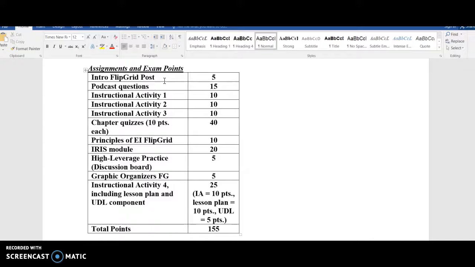Hopefully you will find something in every one of these assignments that you can use with your future classrooms. Okay. And I don't have them worth too many points, right? Because I feel that there's more than one way for you to show me what you're taking out of this